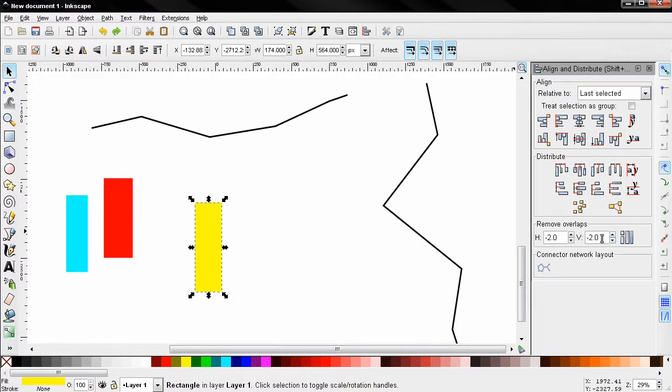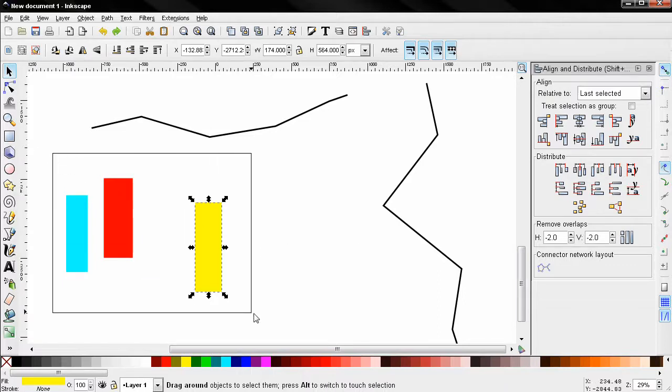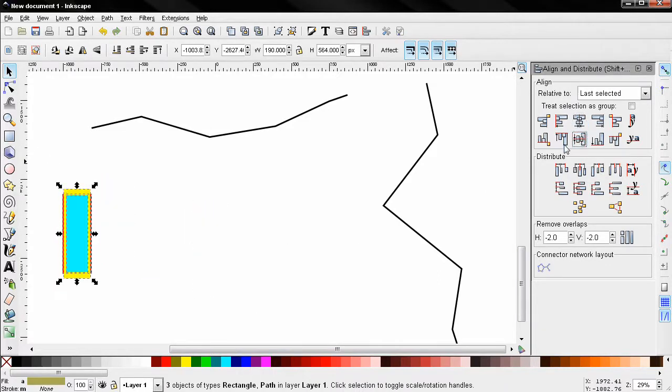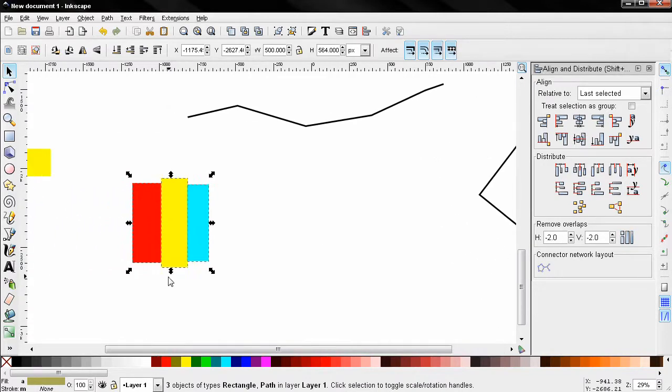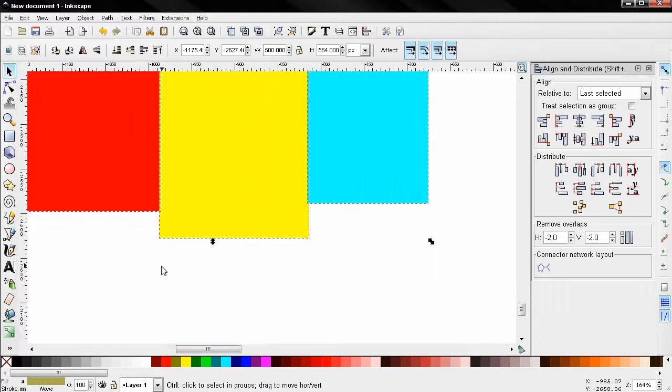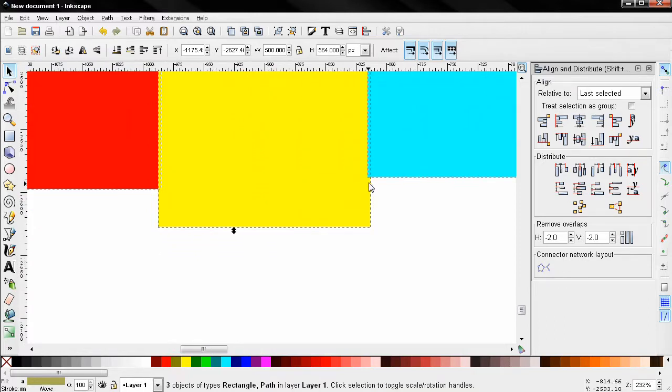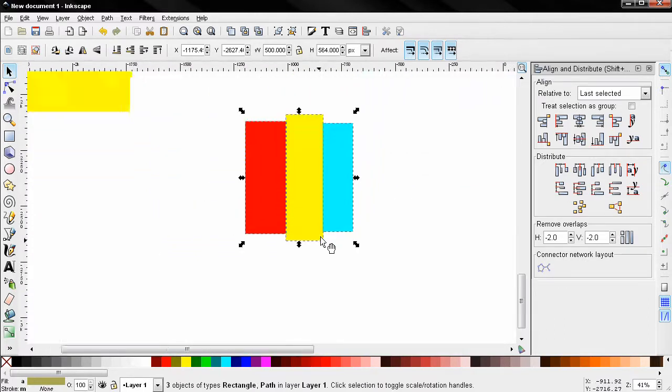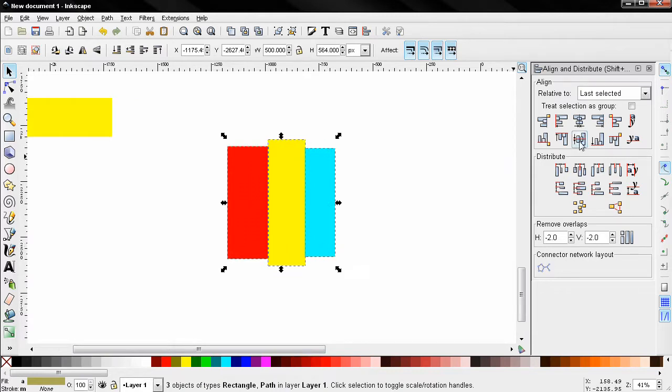And if I select these -2 pixels here, select these three objects, align them like this, and then just click on this option, and you see now that they overlap only with 2 pixels, and this made these objects align only on the horizontal axis and not the vertical, because this will make them overlap, and we use this option here. Now let's undo that,